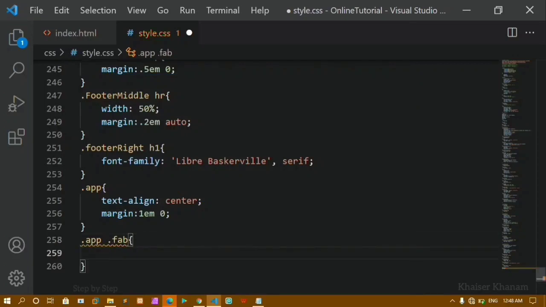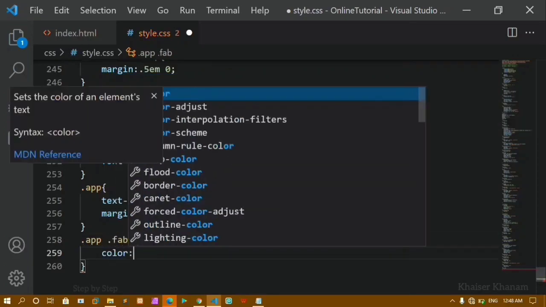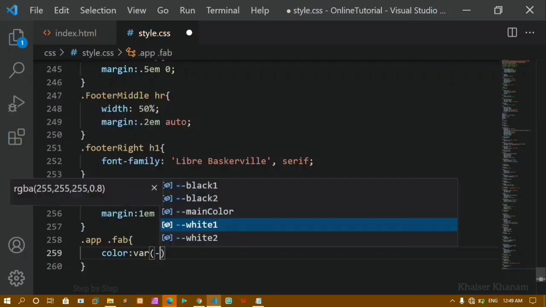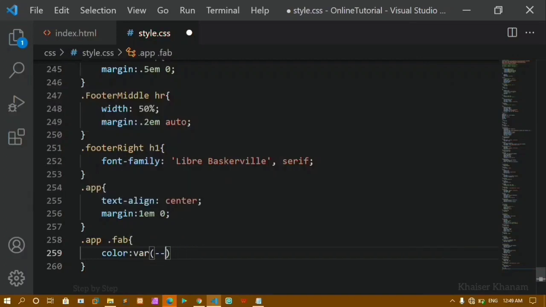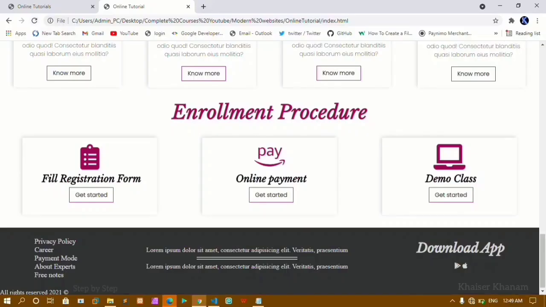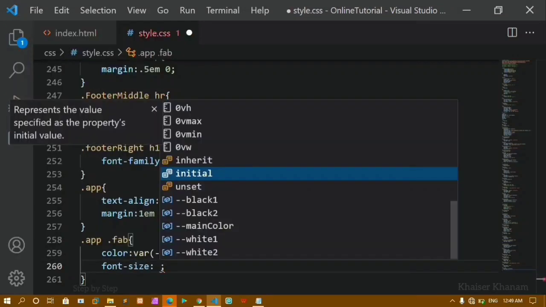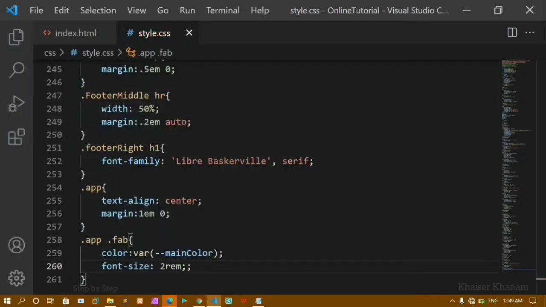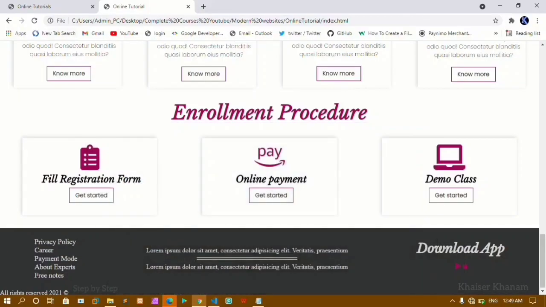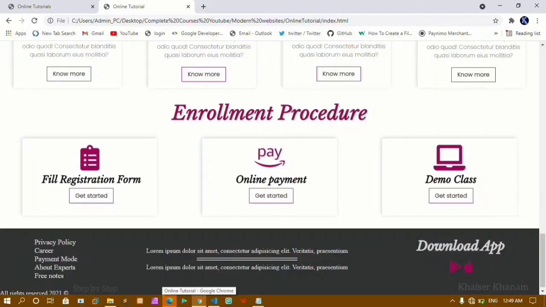Okay, for this icon first I'm just going to give the color. Color I'll be giving my variable, that is main color. I'll just give here main color. I'll save this, and now if I just refresh this one, you can see here the color is being changed. For this I'm just going to give the font size of 2 rem. I'll save this, and now if I just refresh this one, you can see the font size has been decreased,